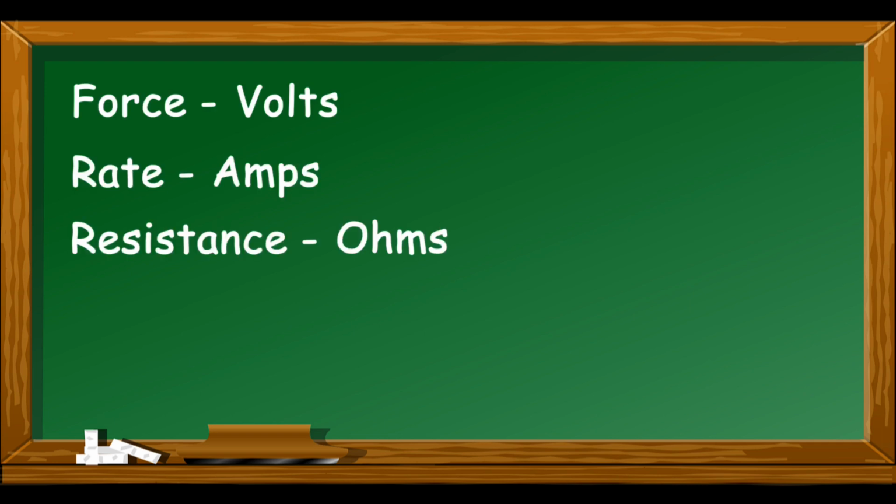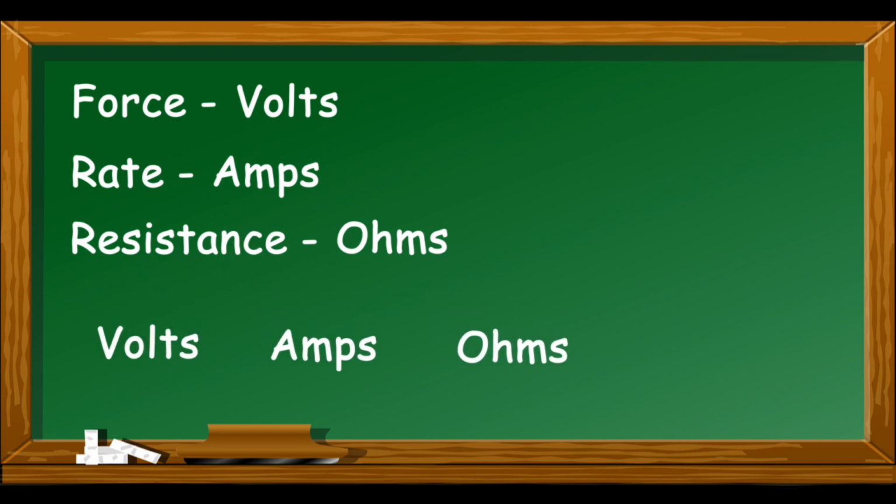These three ideas, force, rate of flow, and resistance, are related. They're related? As we increase the size of the pipes, which is to say we increase the current, or we increase the amount of resistance, then we require more force, or voltage. There is an equation called Ohm's law which explains the relationship between these three things. Ohm's law says that the force or voltage is a product of the size of the pipe, or current, times